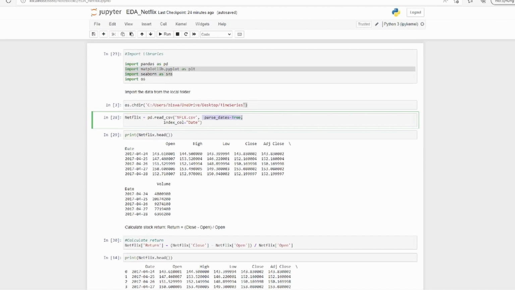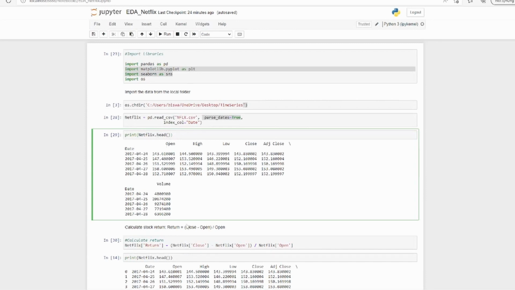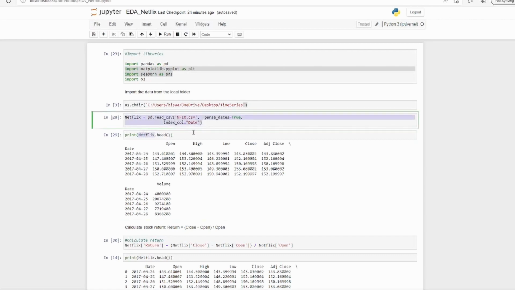All right, and then we'll see what data we have. So we just print, using a print command, the top 5 rows, so use head. The data frame is Netflix, so I have used this as the name. You can use other names also. All right, so here we see